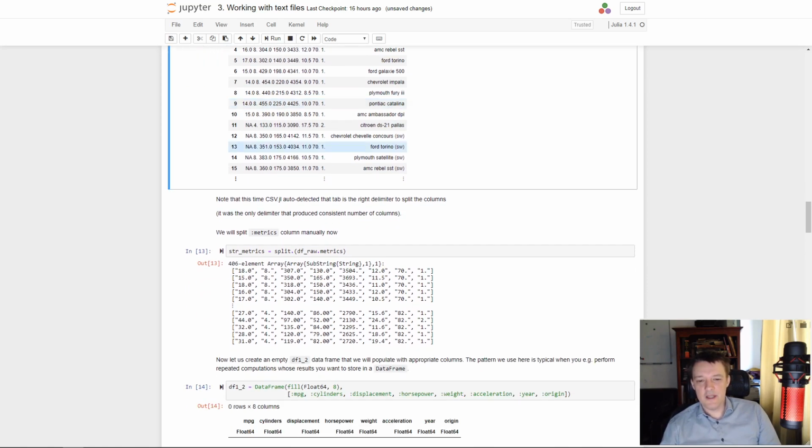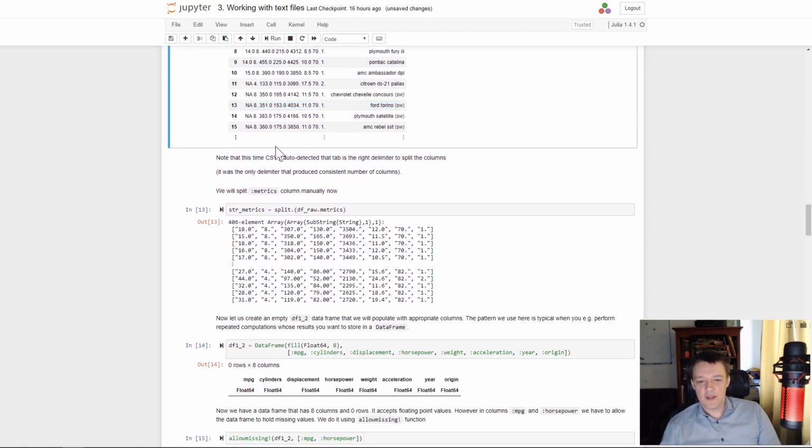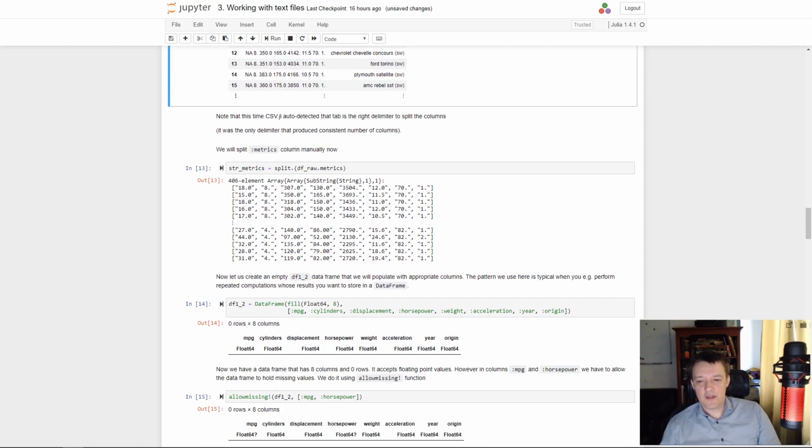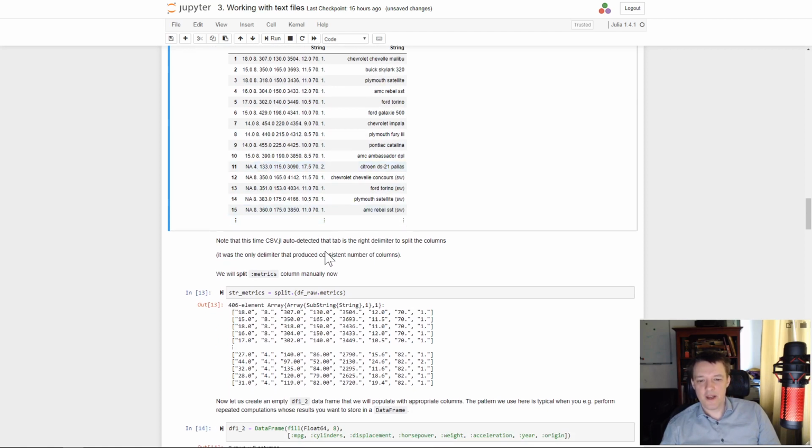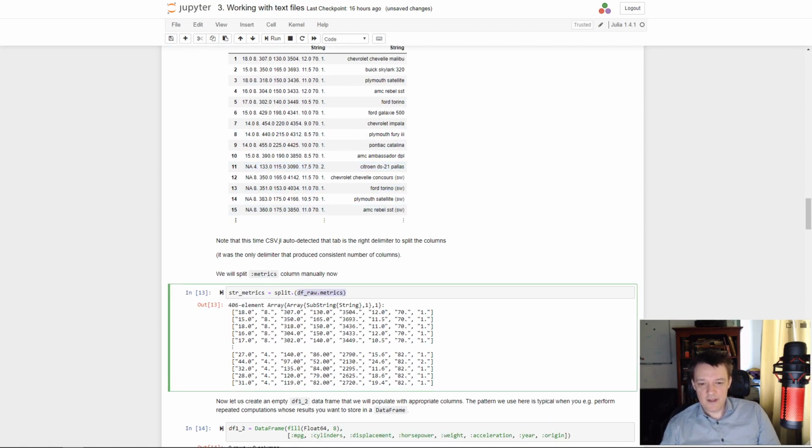So it is easy to change it, because we can take out the metrics column from our data frame and split it. So now in this operation I take out the metrics column from a data frame and then split it